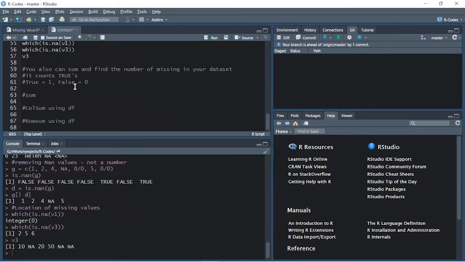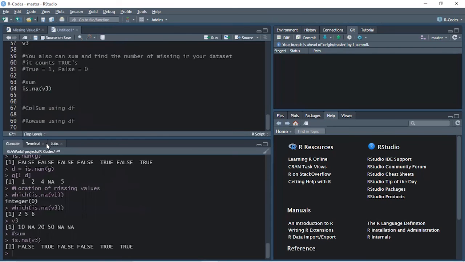We will use is.na with it. As you know, is.na results in Boolean values, that is TRUE or FALSE. So wherever there is TRUE, it will be counted as 1 and FALSE as 0. So let's say is.na v3. If I run it, you can see there are 3 missing values.